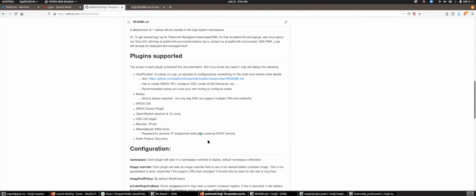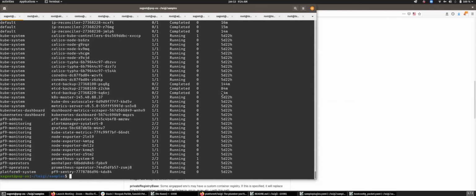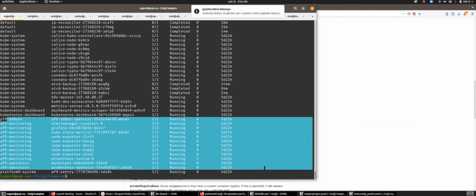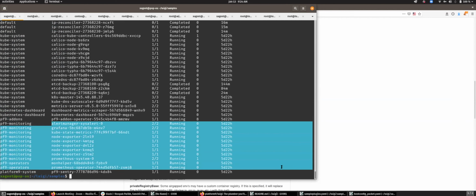Okay, cool. So going back to that, I have a cluster. You see, it's just the basic cluster right now. We don't have much of anything running here. These are some PF9 monitoring services here. You can ignore those. These are not required or used by Luigi at all.